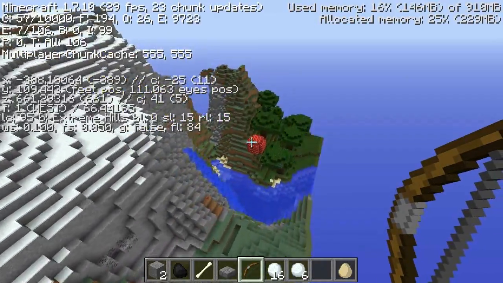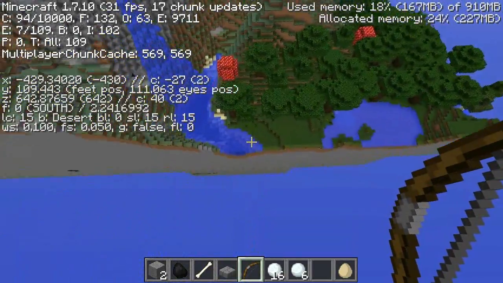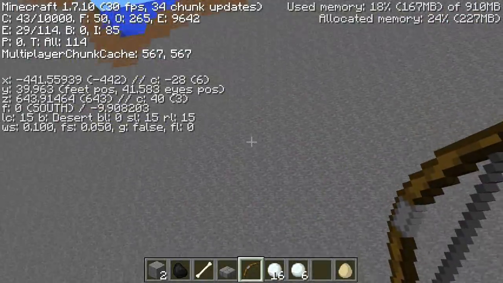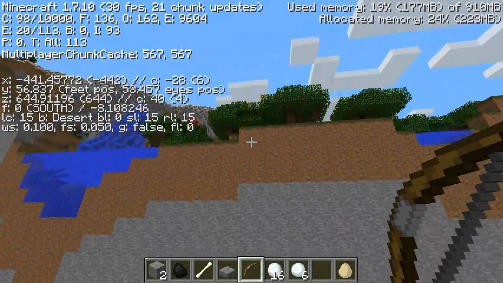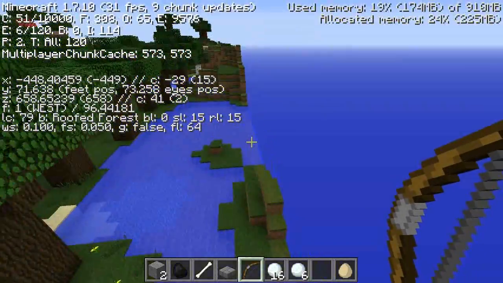Oh, look. So we got the new terrain here. Huh. So we have desert. And then a sudden change to roofed forest, which suggests...